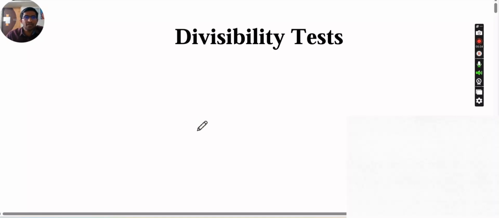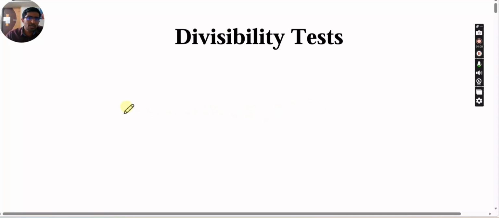So that's why today I'm starting with the topic which is required for the 10th standard also, because the first topic of 10th standard is real numbers, which is totally based on the divisibility tests. So actually, what is the meaning of divisibility tests? Divisibility tests are nothing but, if any number is given to you, you have to find whether this number is divisible by any other number